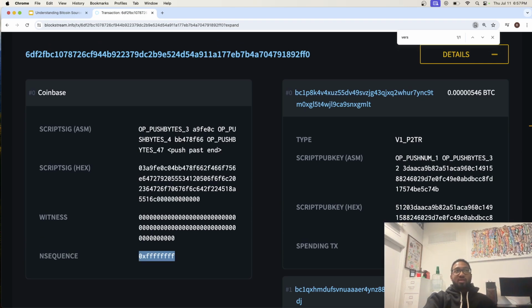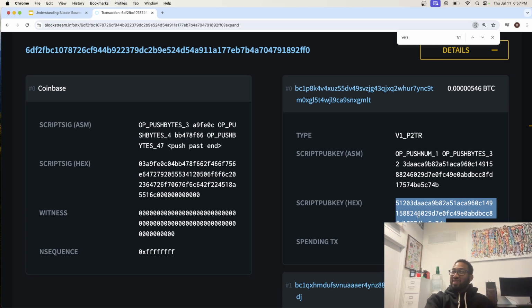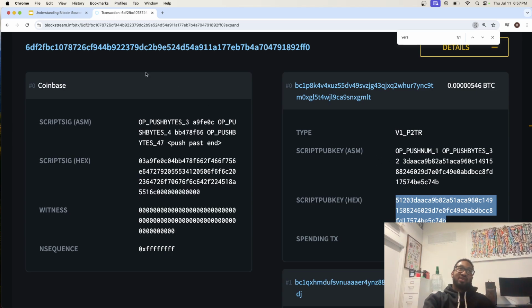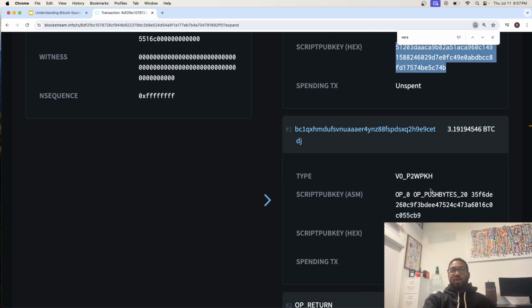Output 1. Because we are in SegWit v1 and not SegWit v0, again, v1 taproot, this is a tweaked public key. That's what this thing represents. So you actually can't see the script here. You'd have to provide a Merkle proof when you actually spend it. And same thing for this pay to witness public key hash. This is going to be a hash, right?